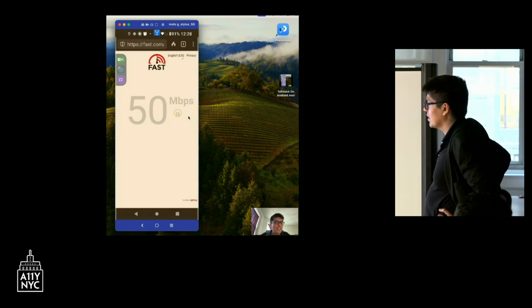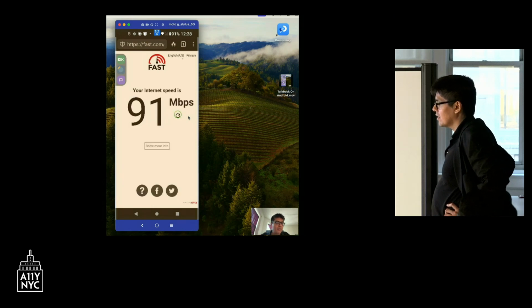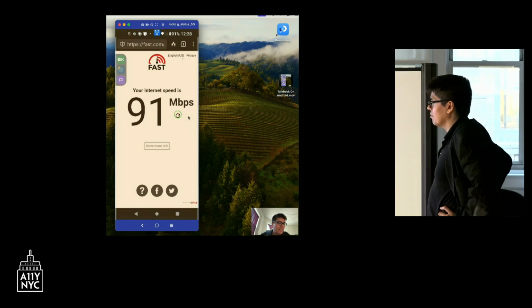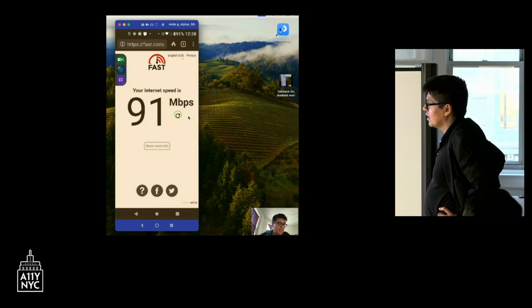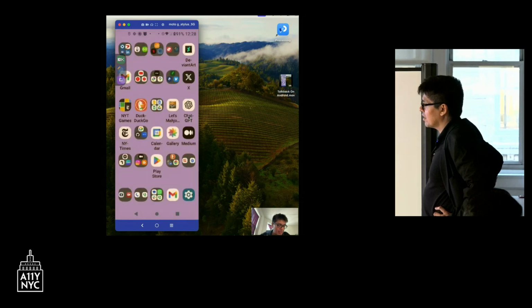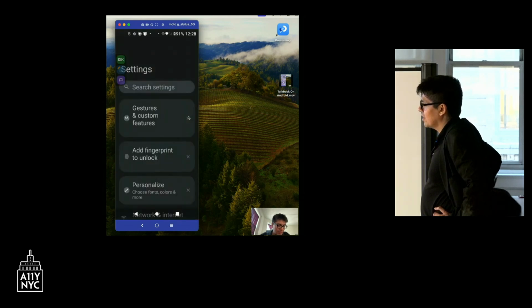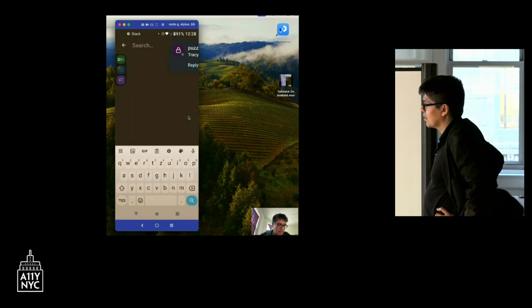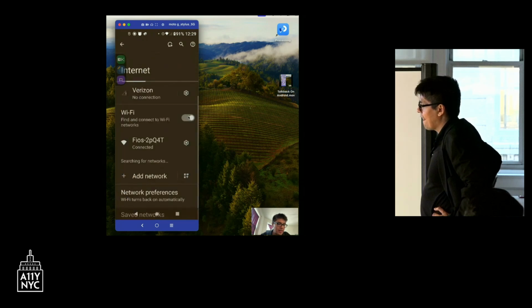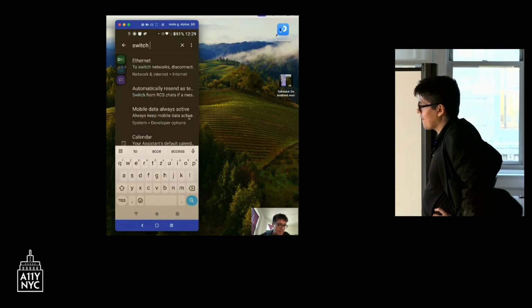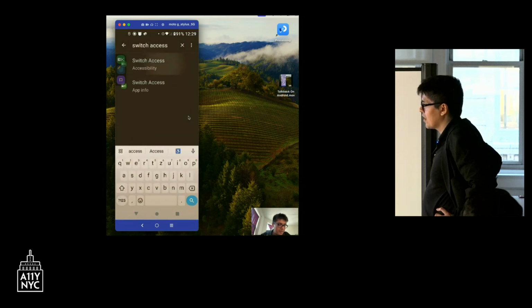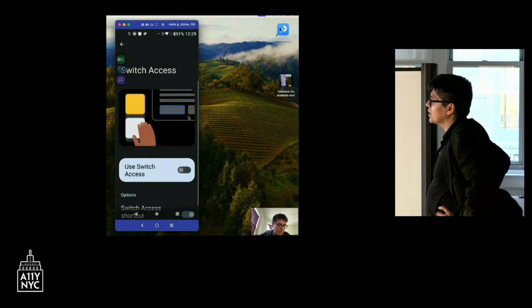So I went to a different option by smiling, and as you can see, I can navigate around. If I want to change my gesture to be a little more reactive and faster, I can go back to switch access. I'm turning it off again and going to the settings, switch access. Switch access settings, not Ethernet switch, switch access. You're going to have to play around with this.